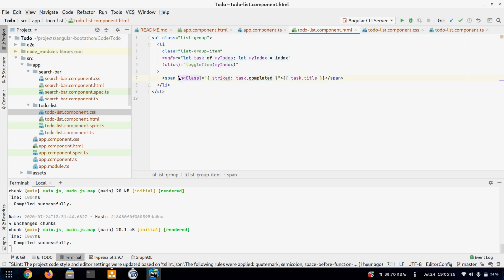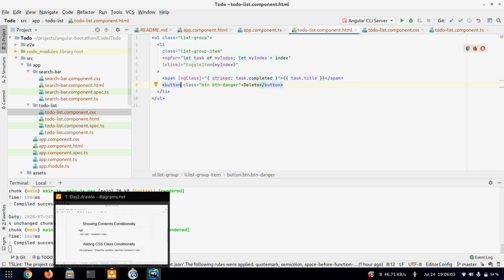So now we want to add a button that will get displayed only when this is striked. Let's add a button and call it delete. We'll apply a class of a Bootstrap button class; you can see it in the Bootstrap documentation later. We want to display this button if this is striked, and whenever this button is clicked, we want to remove that element from the array.